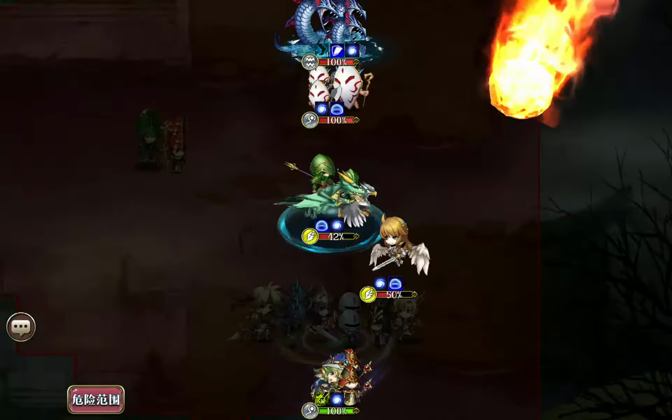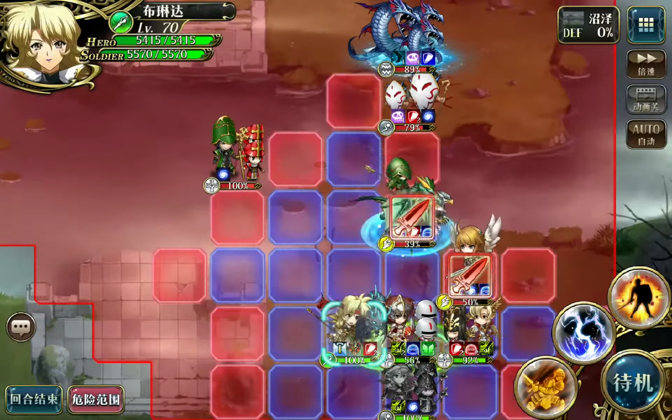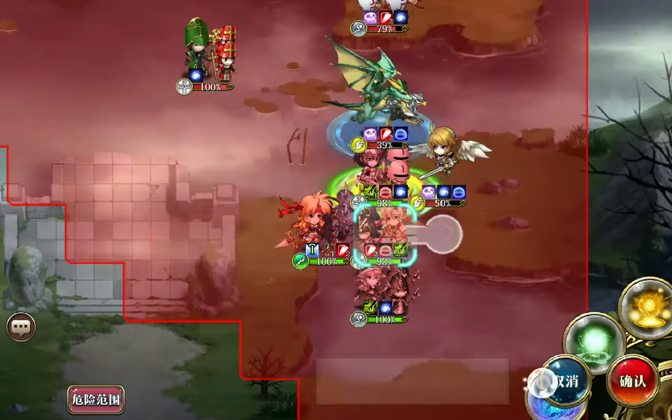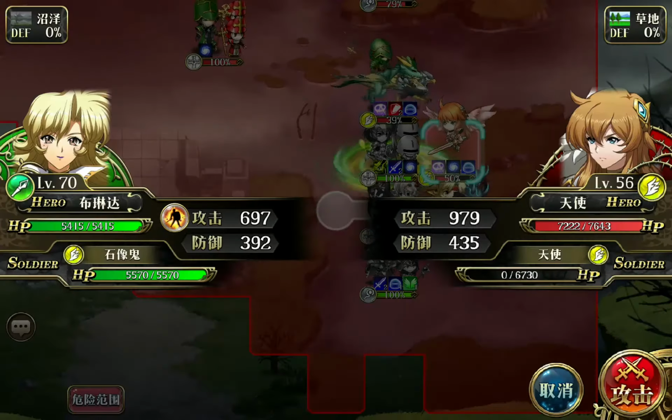So here I realized that apparently I walked into a stage that disables guard. I didn't realize that because I didn't read, but that's okay. So I lose Rachel as well, but